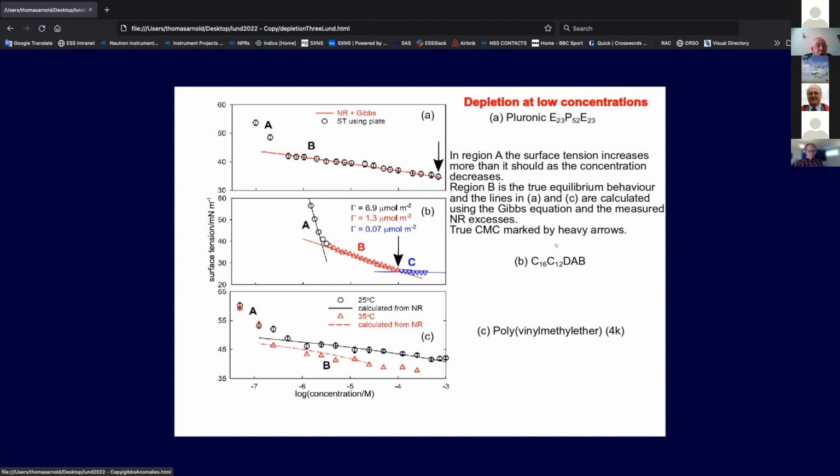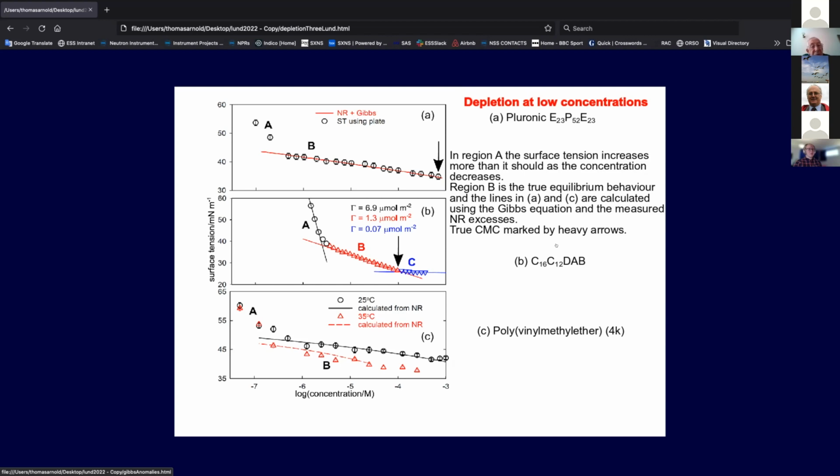And you'll see in each of these, there's a region marked A and a region marked B, and there is a change in gradient between these regions. And in each of these 3 cases, this has been interpreted as micellization. But it's not micellization. It is simply that when you reach that point, you start to remove material from the